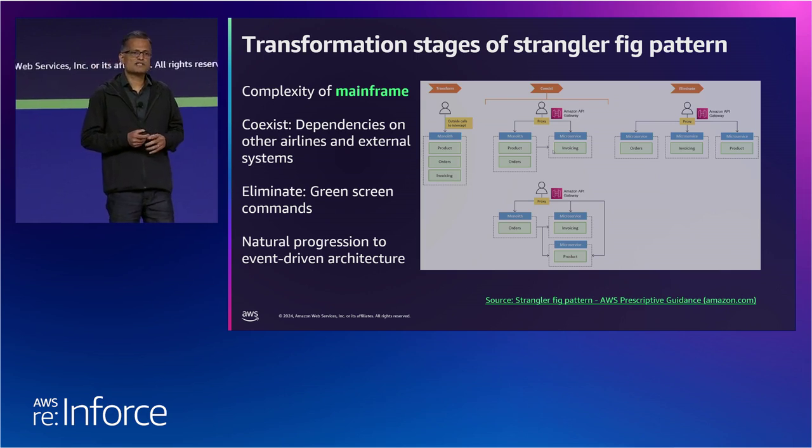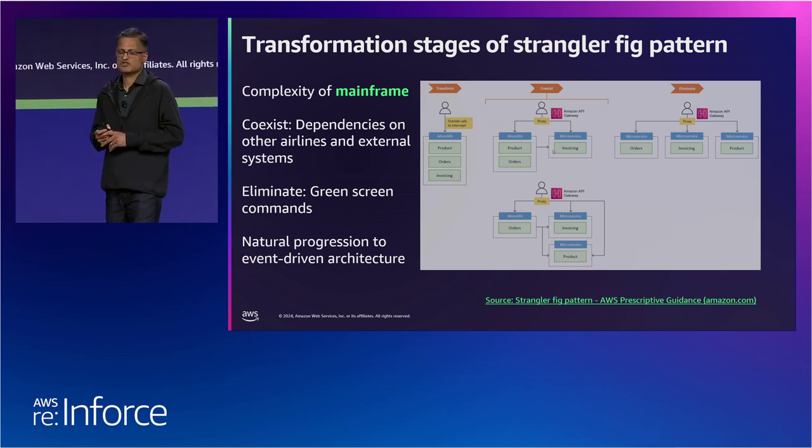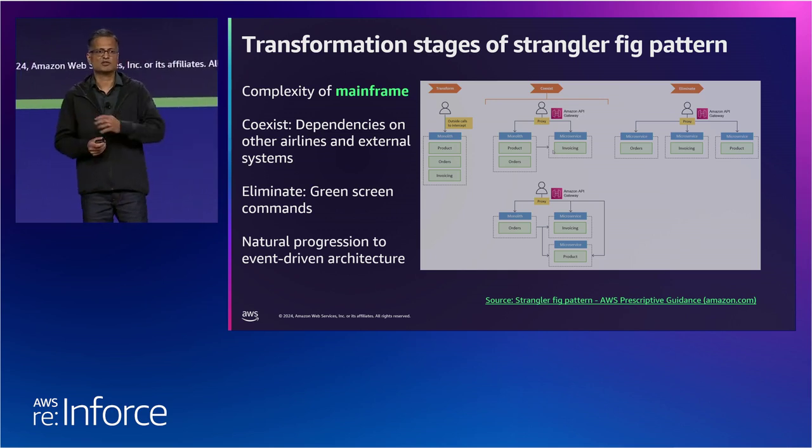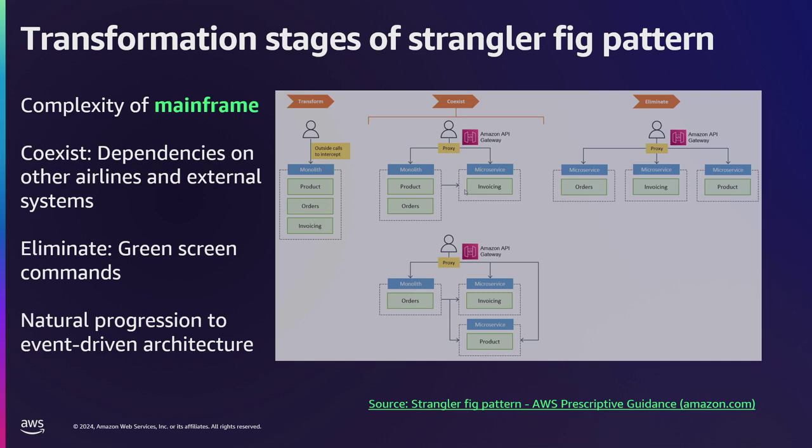To support the complexity of the mainframe, we are using a strangler pattern. Himal talked about the strangler fig pattern. There are 3 phases to it, 3 stages of it. We are going to stay in the coexist phase for a long period of time,